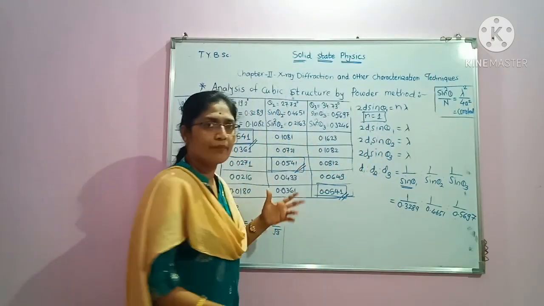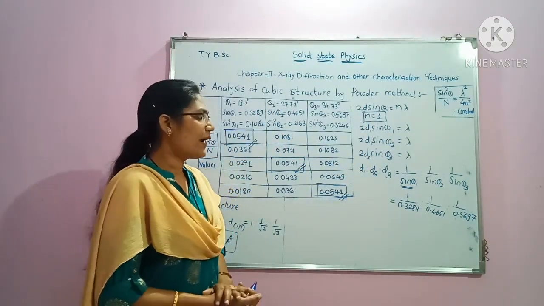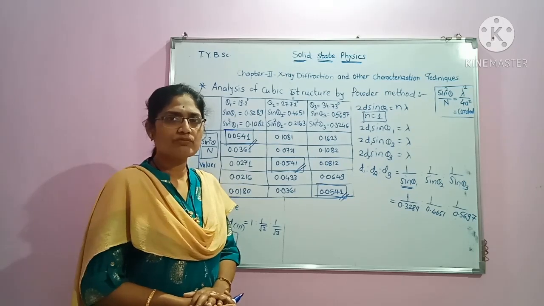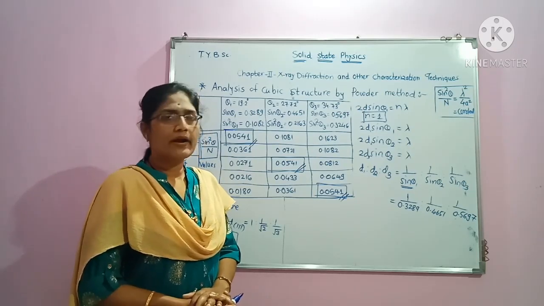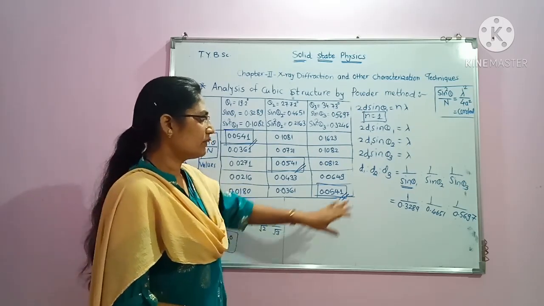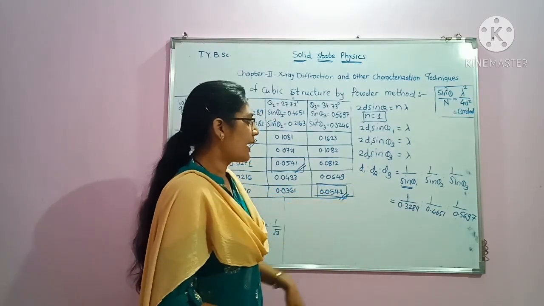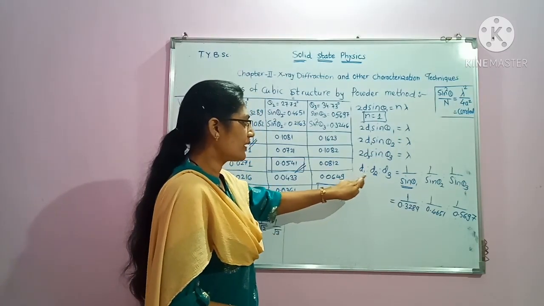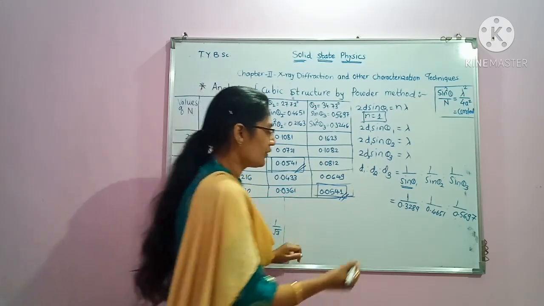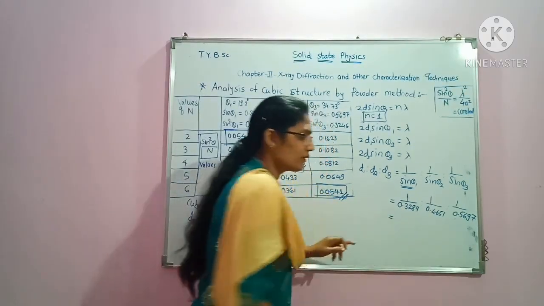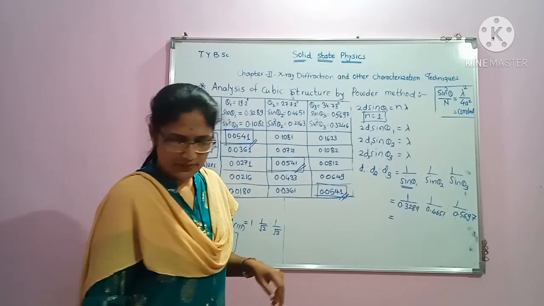So we have made use of this table, and we have substituted the values of sine theta 1, sine theta 2 and sine theta 3 in this equation, and we have obtained d1 is to d2 is to d3. If we solve this, then this will come out as